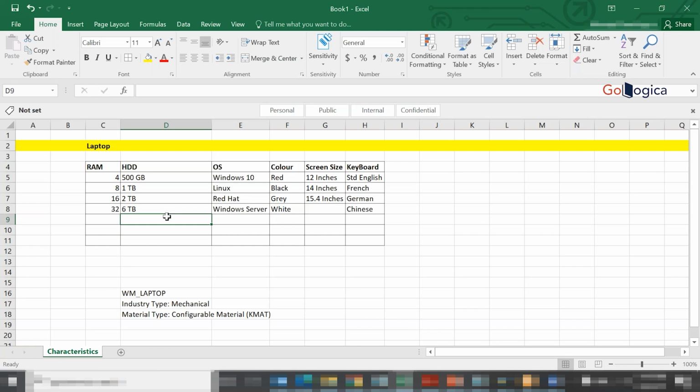For example, a laptop can be structured into RAM, HDD, operating system, color, screen size, and keyboard. Every configurable product should be structured like this, and that unit of structure is called a characteristic. Here we have characteristics for RAM, hard drive, operating system, color of the laptop, screen size, and keyboard. I'm going to create a characteristic for RAM as